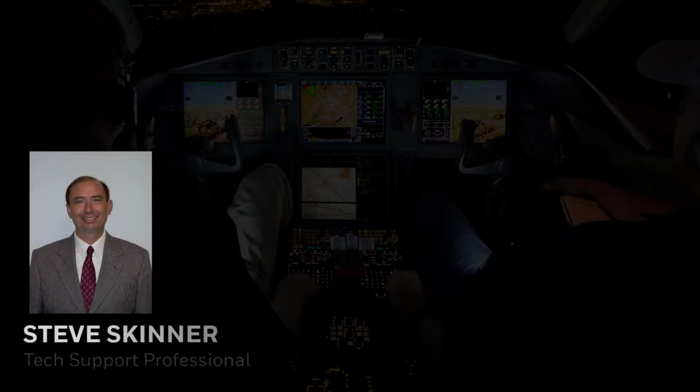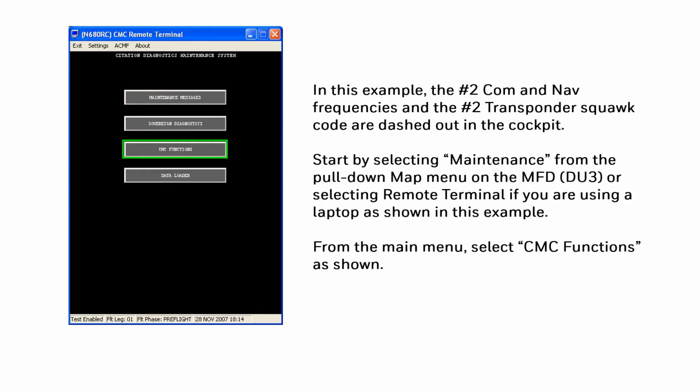In this video, we will demonstrate how to find and use member system status using the aircraft's onboard diagnostics on the Cessna Citation Sovereign aircraft. Using member system status is a quick and easy way to isolate an issue. In this example, the number 2 COM and nav frequencies and the number 2 transponder squawk code are dashed out